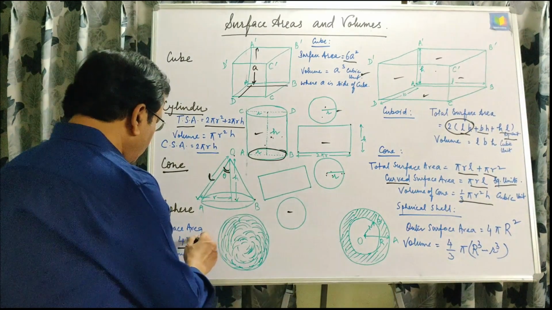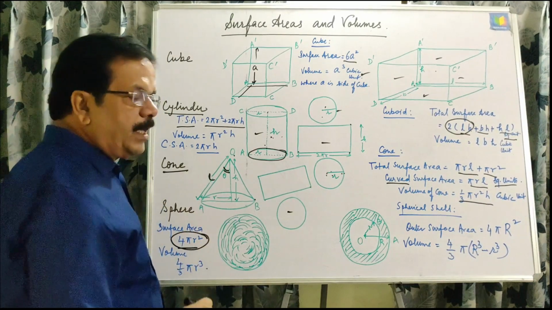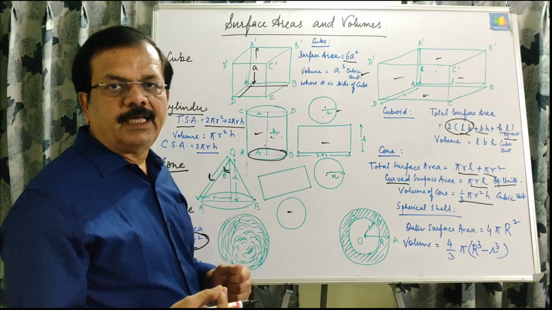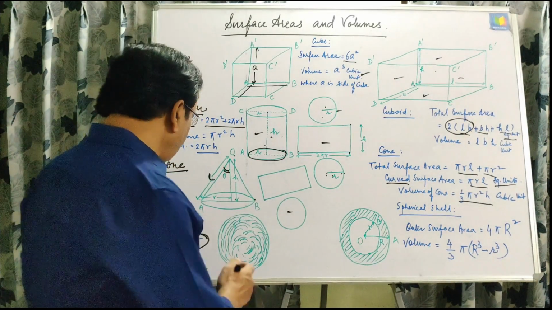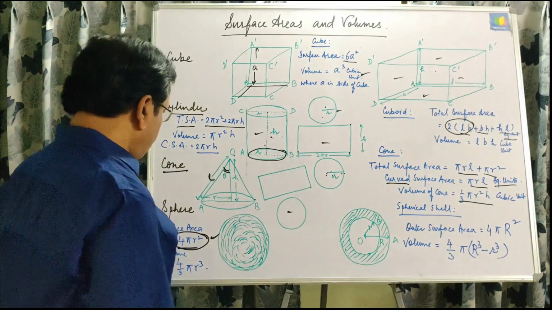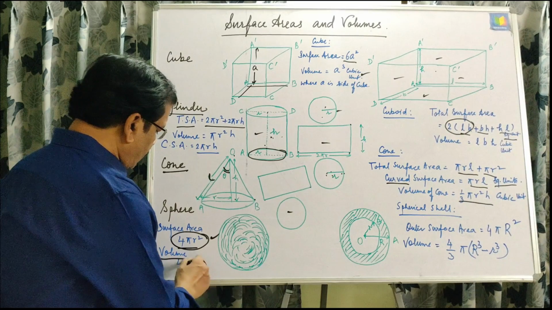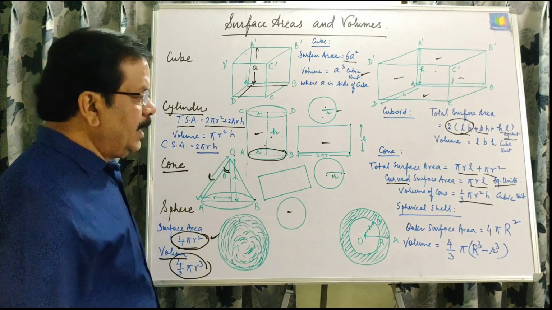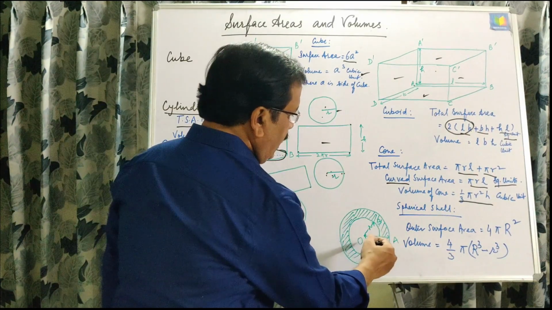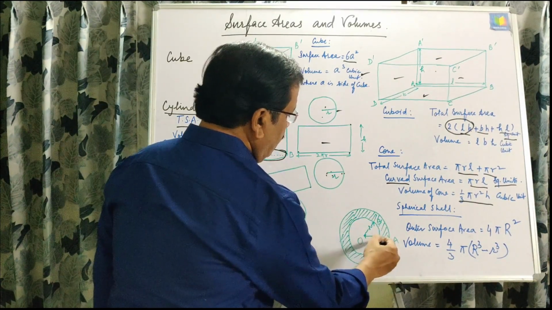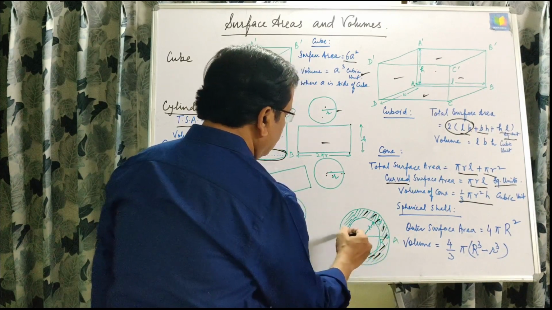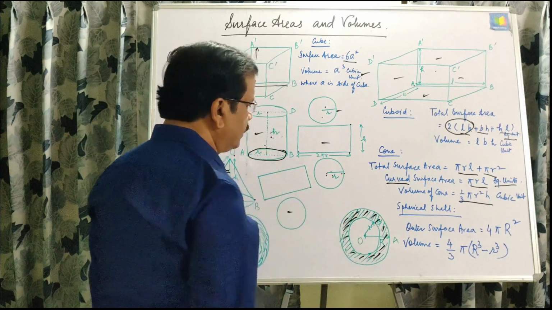You can get this 4 pi r square by covering any ball with a thread and then calculating the area of that thread, and that will be equal to 4 pi r square. In the same way, the space inside the sphere will be 4 by 3 pi r cube. In the same way here, if the sphere is like this, then outer surface area minus inner surface area is the material used for the construction of this. We will do the questions according to this.